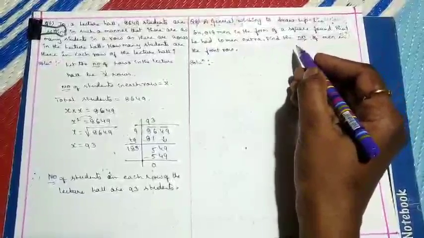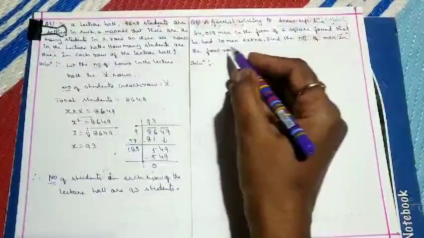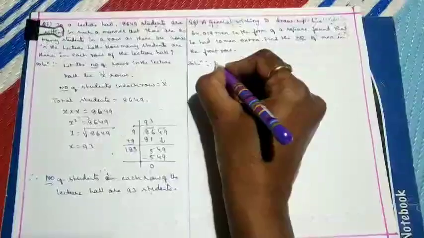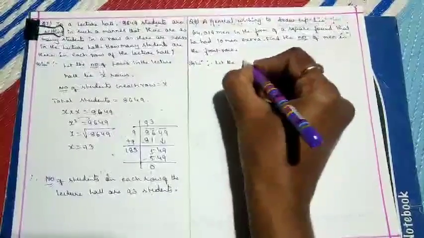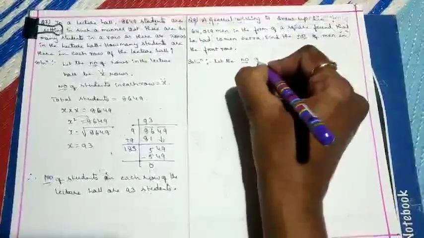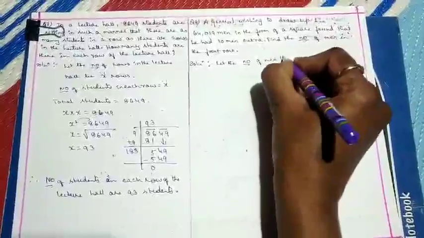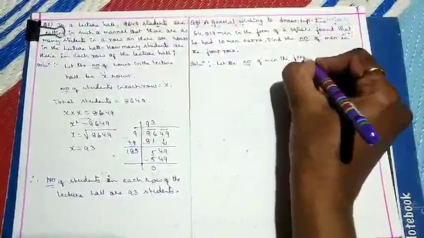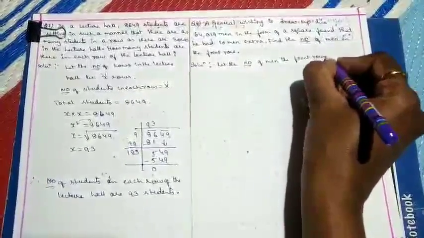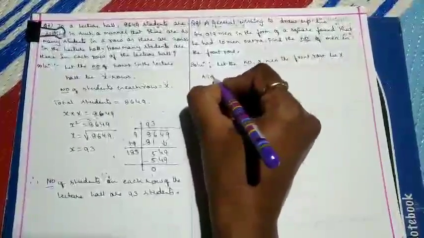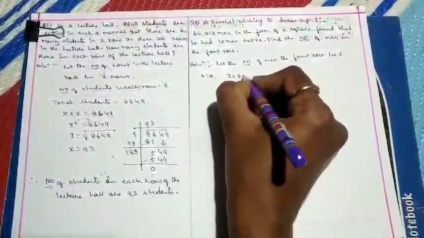Then you need to find the number of men in the front row. So let the number of men in the front row be x. Then according to the question, x into x equal to